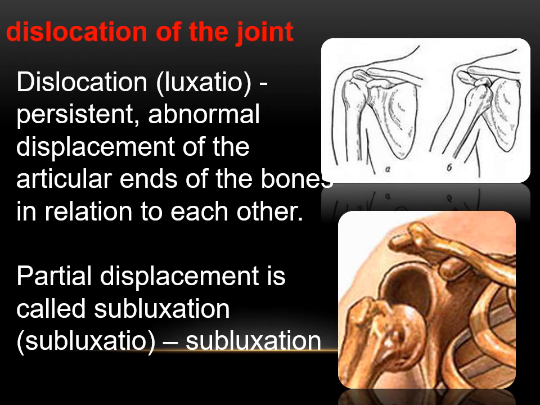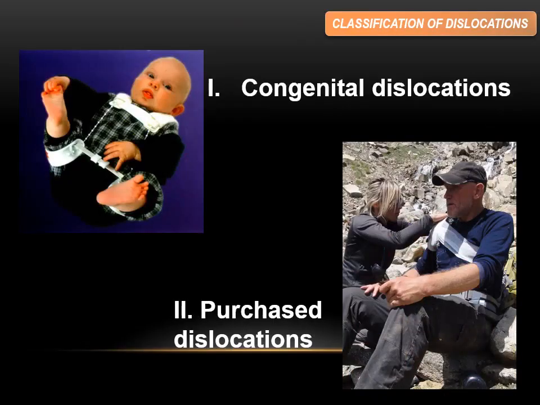We'll sort out the dislocations. In Latin, the dislocation is called luxatio. This is a persistent abnormal displacement of the articular ends of the bones in relation to each other. A partial displacement, but not complete, is called a subluxation. It should be borne in mind that dislocation is a much more dangerous injury if we are talking about traumatic